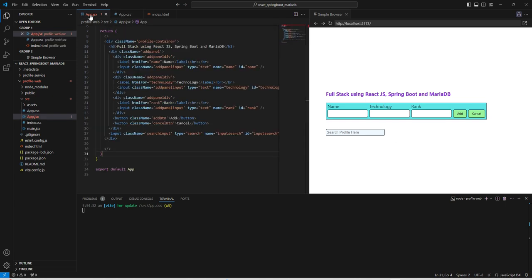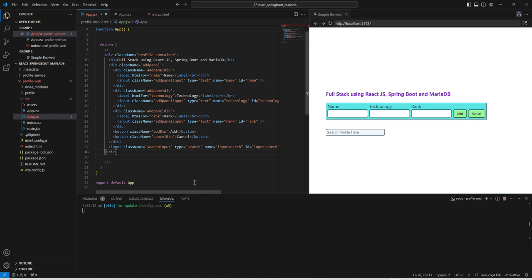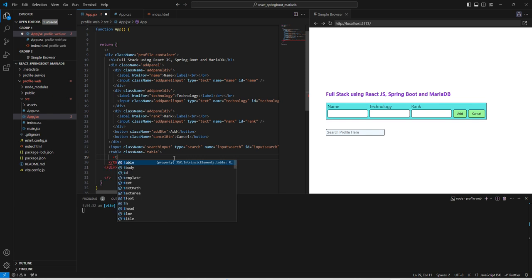Now let us add the table part. So for table part, this is the end of our actual container div. Now here before this ends, we can add one table, and we can name our class name. It's a table. We can say it's a table. Fine. And inside table we have